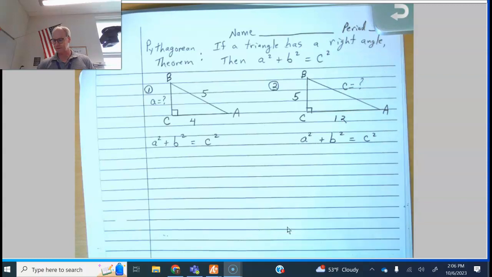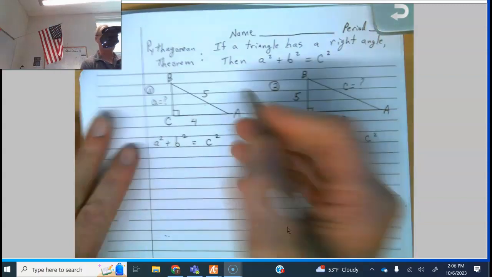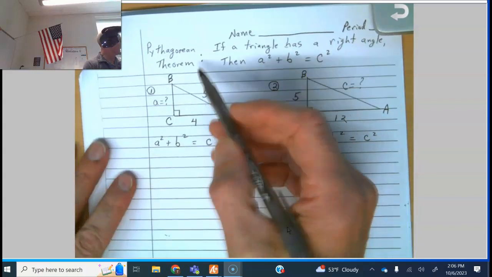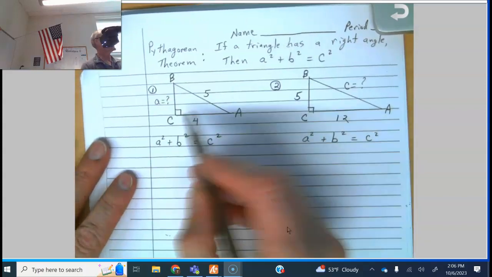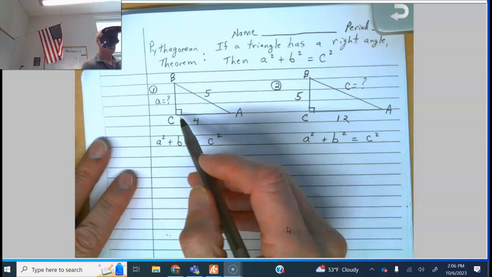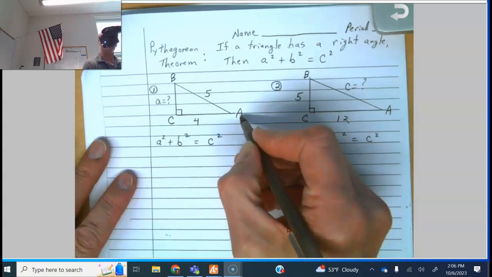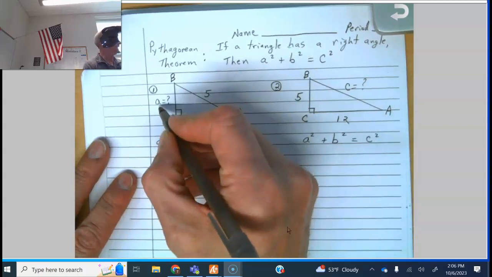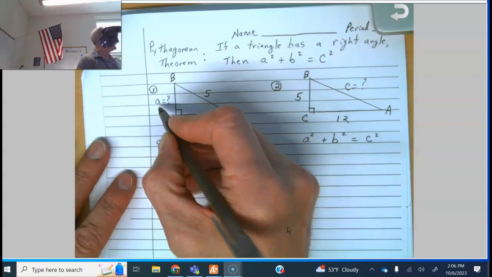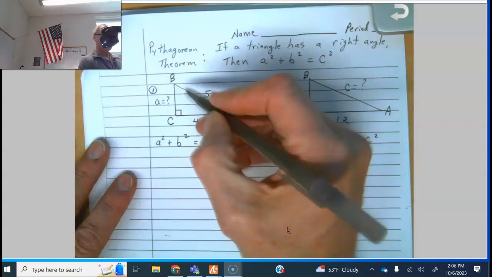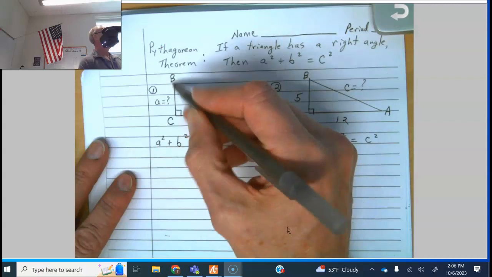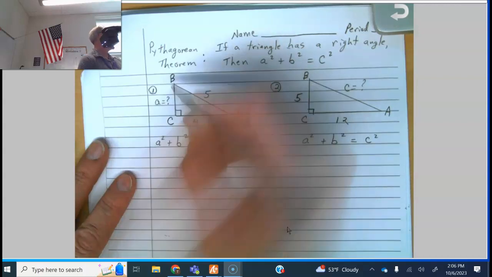Okay, guys, I have a lot of things to go over today. The first thing we're going to do is look at this particular diagram. In this diagram, there's a lot to be seen. First of all, this A is across from little side A. The way that I label the sides, I could call this side BC, but it's kind of a pain to constantly be writing